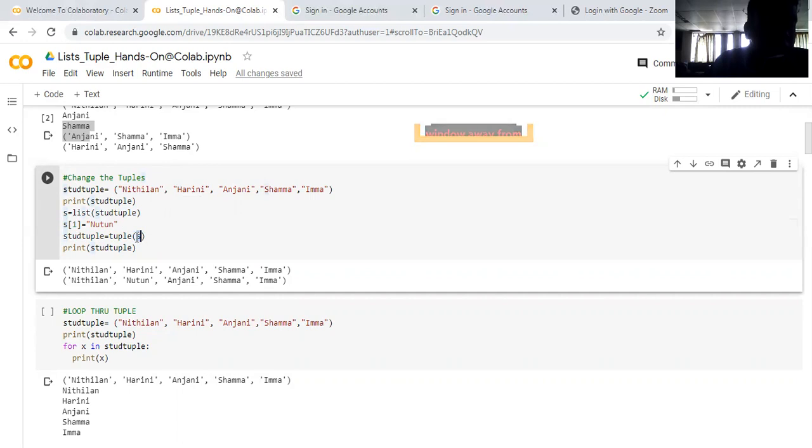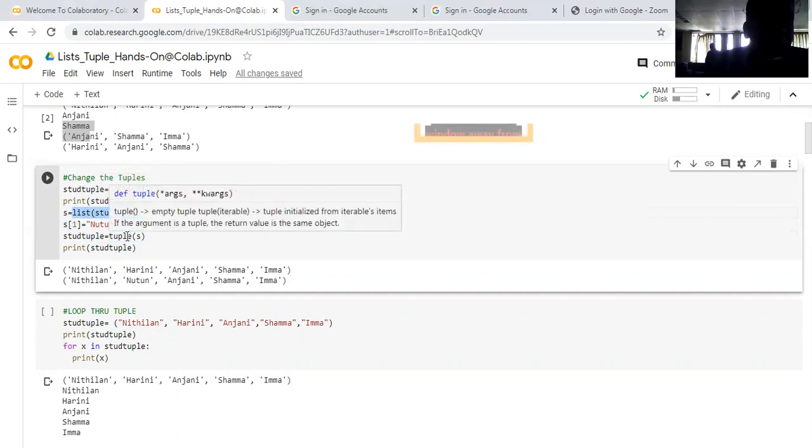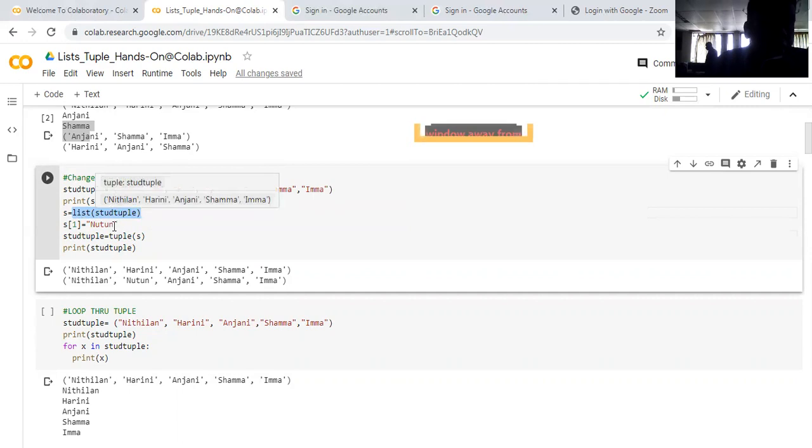S is the list, and that is converted into tuple. Keep in your mind, while converting from tuple to list, you use list of stat tuple. What is stat tuple? It is a tuple name. Similarly, while converting list to the tuple, you give it as tuple of S, where S is the list. And finally, when you print the value, see here, first you have got Harini, now you have got Newton.